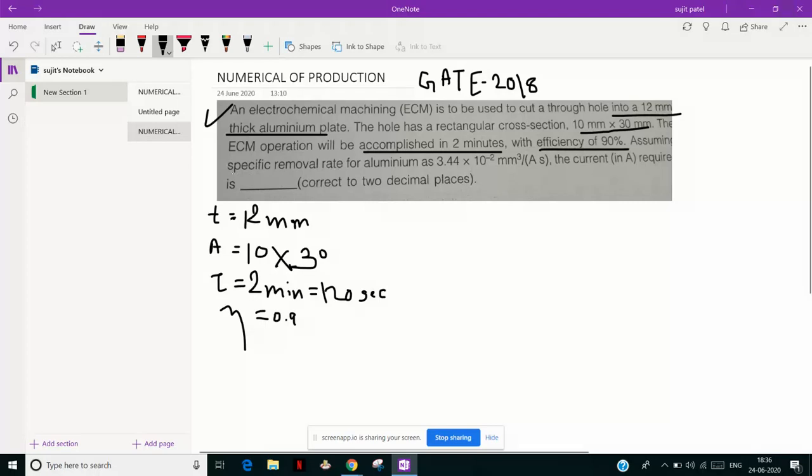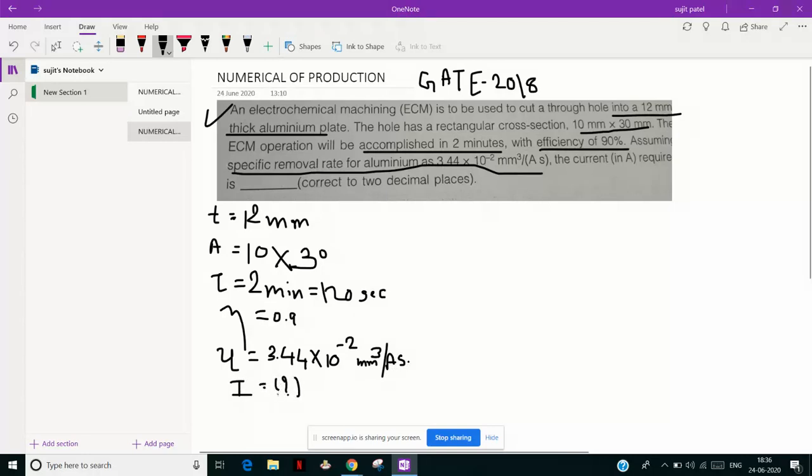Assuming the specific material removal rate 3.44 into 10 raised to minus 2 mm³ per ampere second. So specific material removal, it is 3.44 into 10 raised to minus 2 mm³ per ampere second. Okay. So find out the current required